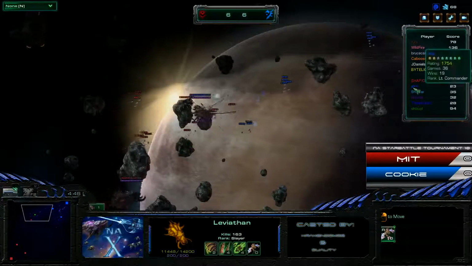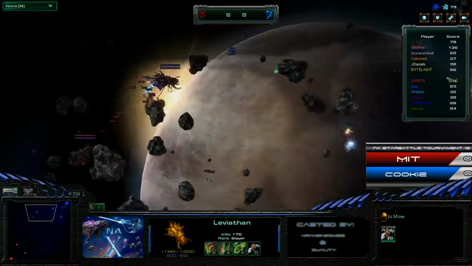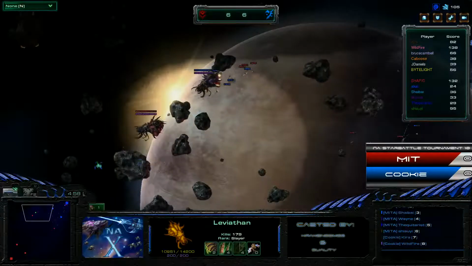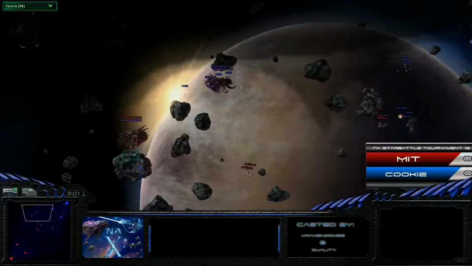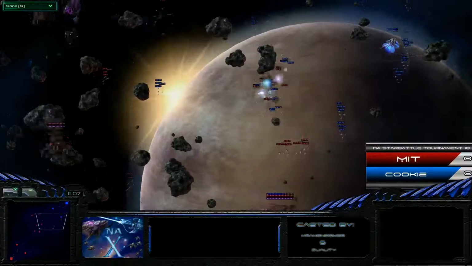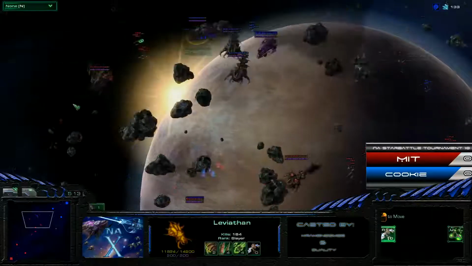So pretty even here. Shapig at 124, so he's doing very well against Kira right now, shutting Kira down. Kira only at 80 farm. Yeah, the farm is definitely in Shapig's favor by quite a bit. Where does he have that, though? Looks like he got his...